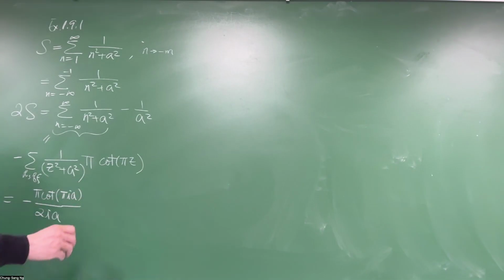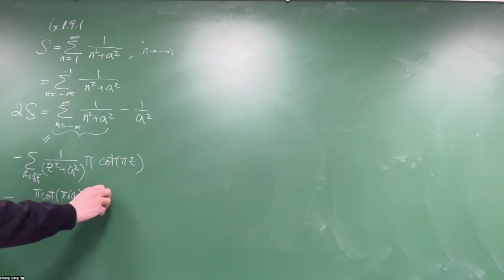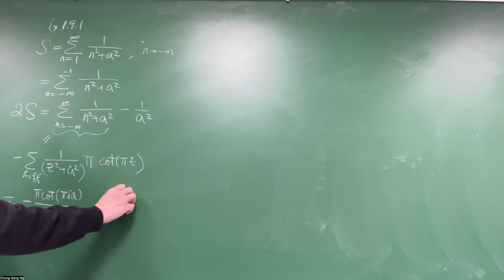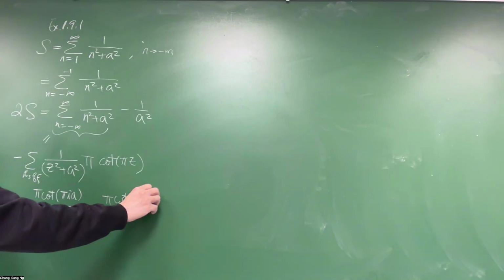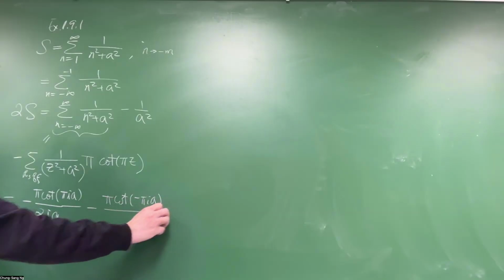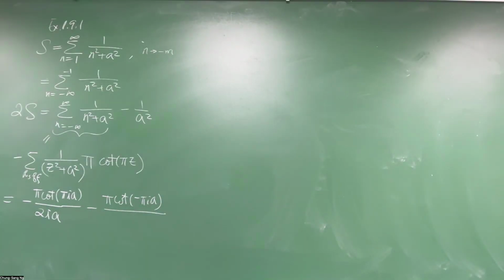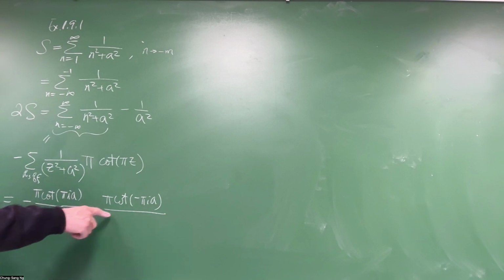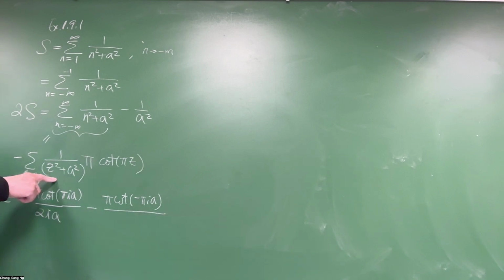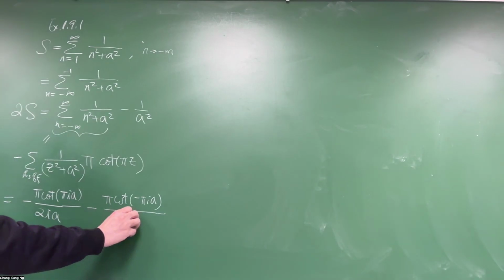So the first residue, the negative sign is from here, so negative. The second one is at minus i a, and then in the denominator you multiply z plus i a, cancel that, and evaluate z equal to minus i a. The other is minus 2 i a,